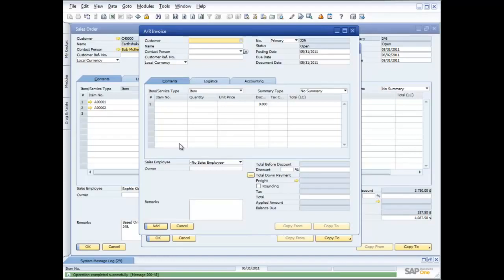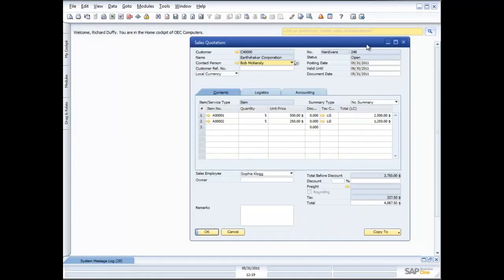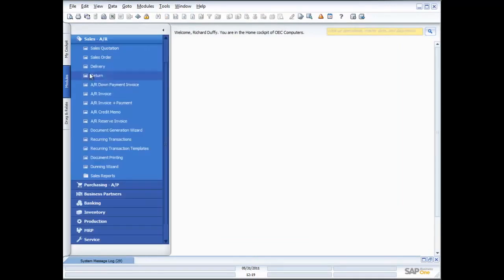Now, a couple of other things to bear in mind. You can process these documents en masse. What do I mean by that? Well, let me show you. Let's just dive out of here. And once I go back into my accounts receivable module, you'll see we have this